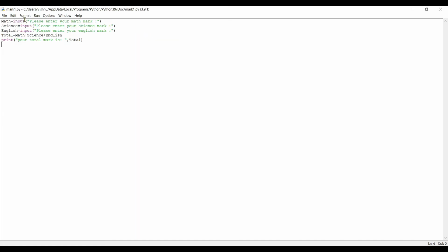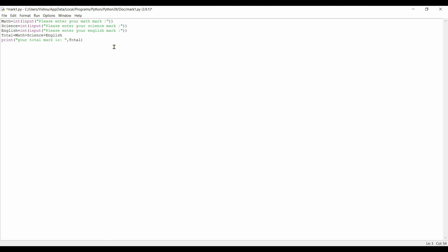So here we need to use integer function. So I'm converting this value into integer. All right, so here also I should use integer function. So we should close the bracket as well. Integer.